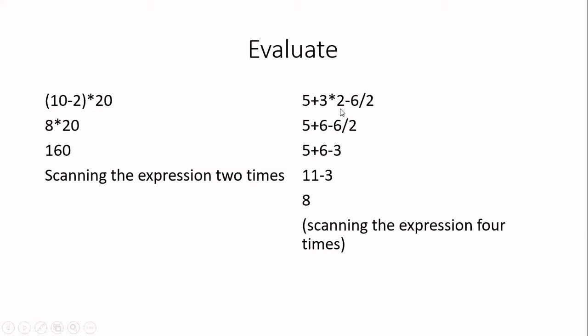The expression is not a parenthesized expression. So I have to apply the operator precedence and associativity rules now for the answer. Now I'm going to see which is having the highest priority. There are totally 4 operators: plus, multiply, minus, and divide. Out of these 4, multiply and divide have higher priority. Then you will have plus and minus. Multiply and divide have the same priority. So out of multiply and divide, which one do you have to evaluate first? For that, you will be applying the rule of associativity.